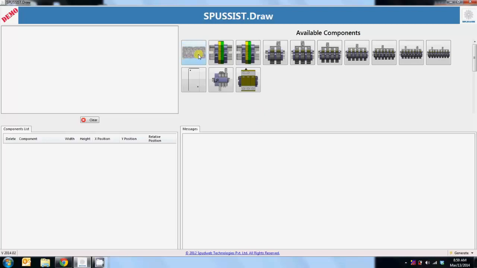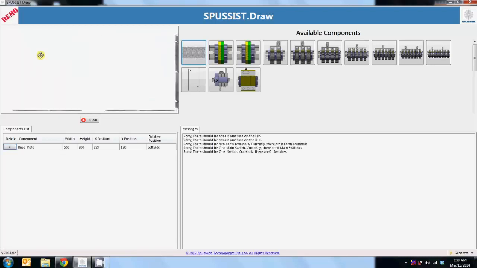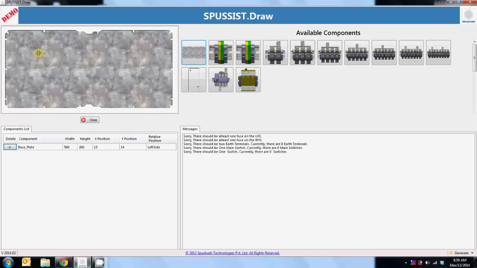I initially drag and drop the base plate onto the system. It comes in and I place the base plate into the window. And now if you see the whole screen, the right hand side top has all the components. The left top has the screen which shows you where the components are going to be placed. The bottom left gives you the bill of materials. And the bottom right is a message screen where it shows you all your error messages that are required,